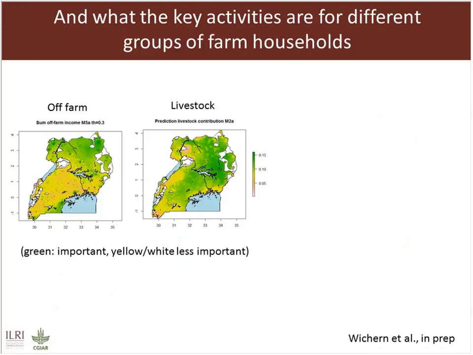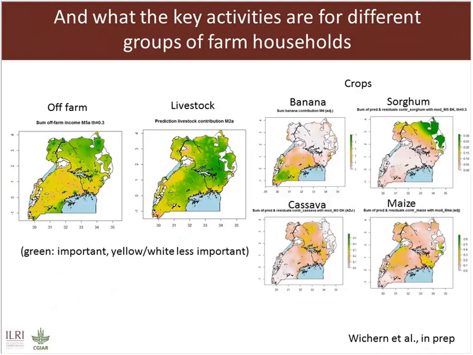So here again for Uganda, maps of, on the left, off-farm income, green more important, yellow, white less important. Livestock production, what role does it play in the household, again green more important, yellow less important. And we can go to the individual crops as well. Banana here, sorghum, cassava, maize, and then you see much clearer patterns across the country, in this case Uganda,